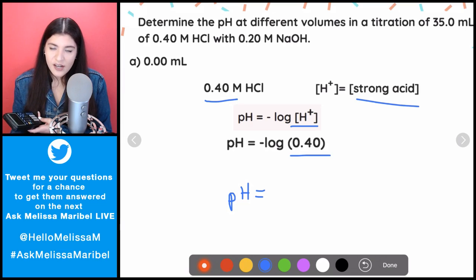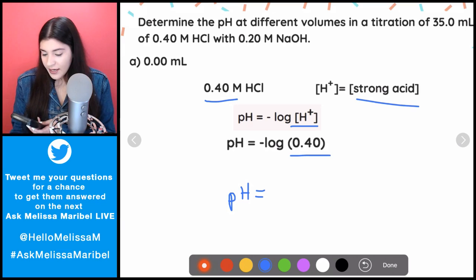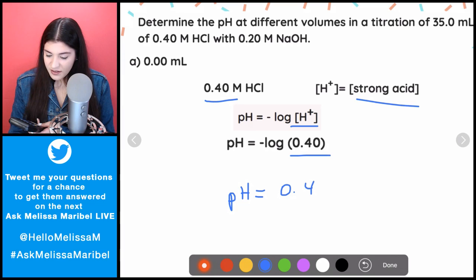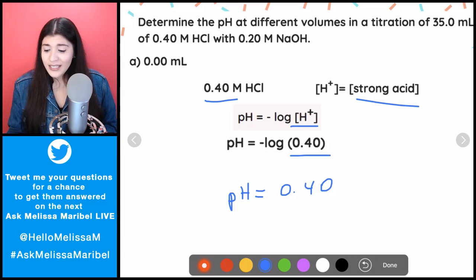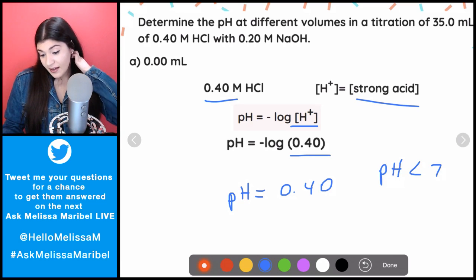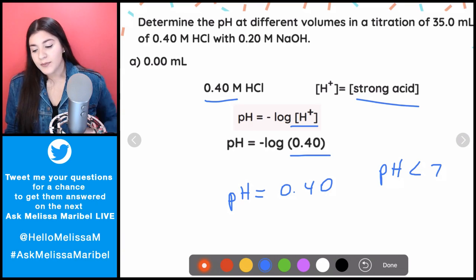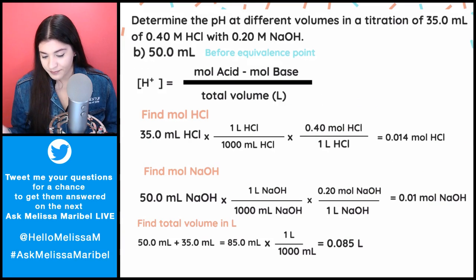The only thing that's there is an acid. So I know that, okay, actually, it's the same exact thing basically. So our pH is 0.40, making it really, really acidic because anything that's less than 7 is going to be acidic. So that makes sense. Now I'm going to keep going to the next part.